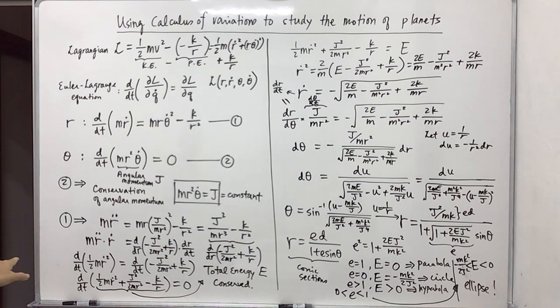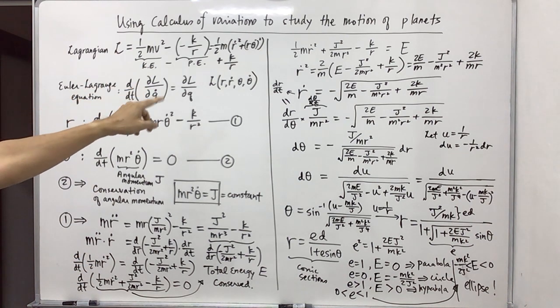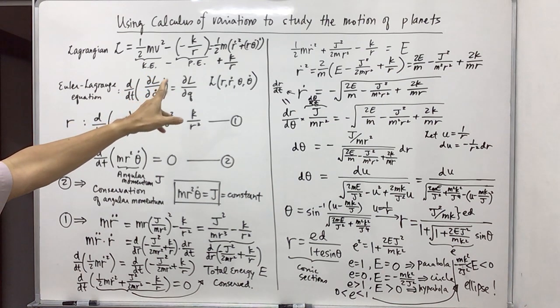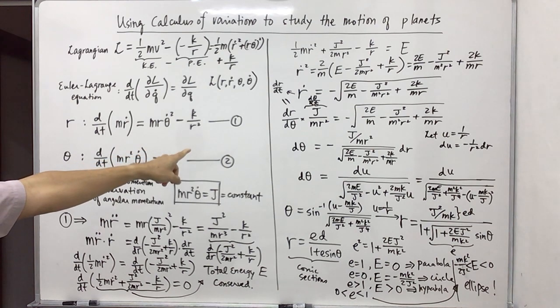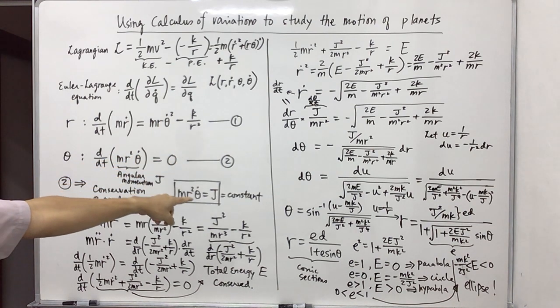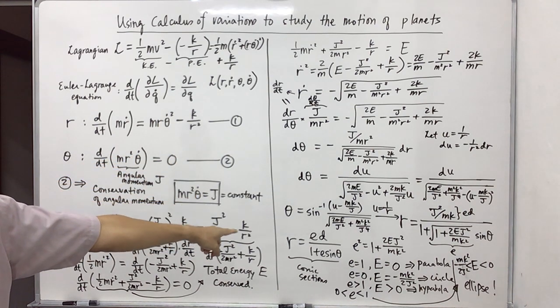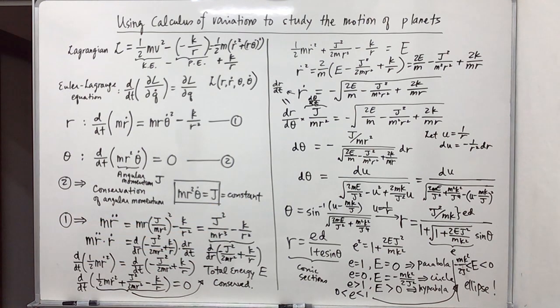Now, starting with that conservation of energy relation, we go through some manipulation to get to a differential equation that we can solve, and hence we finally found conic sections as our solution. And according to what the energy of that planet or comet or whatever that comes around the sun, it may follow a parabola, a circle, a hyperbola, or finally an